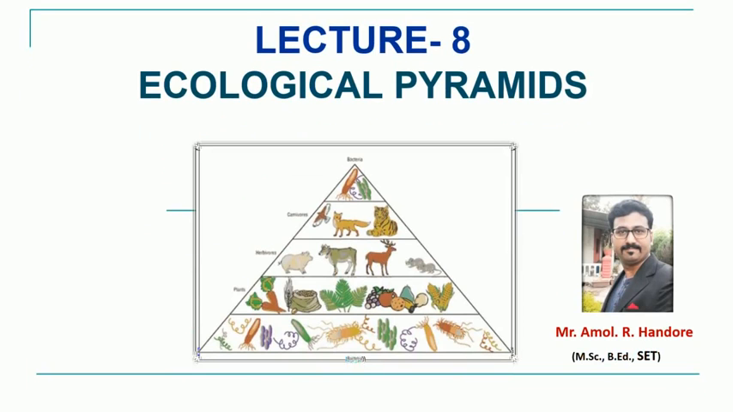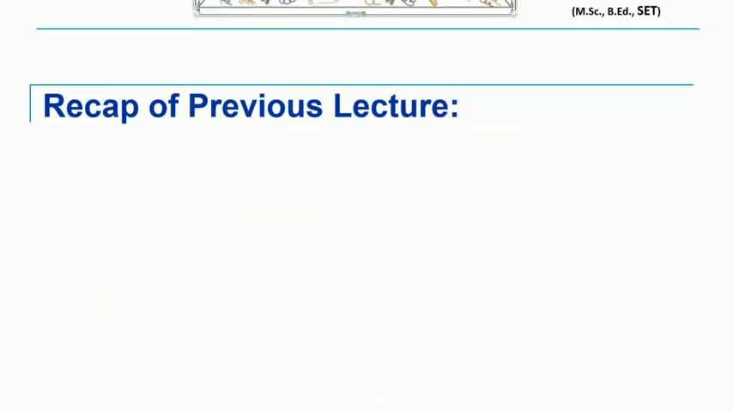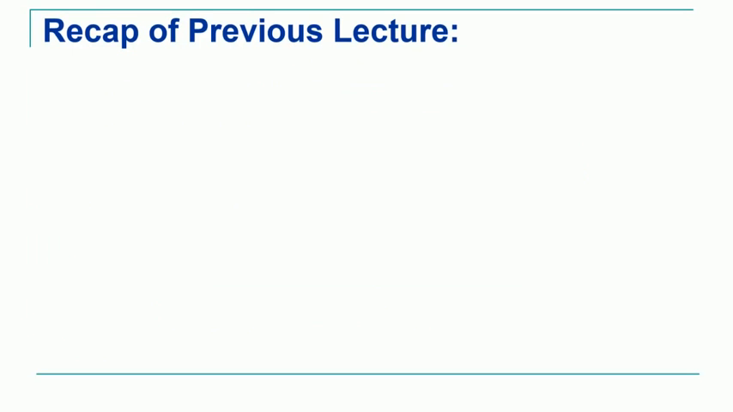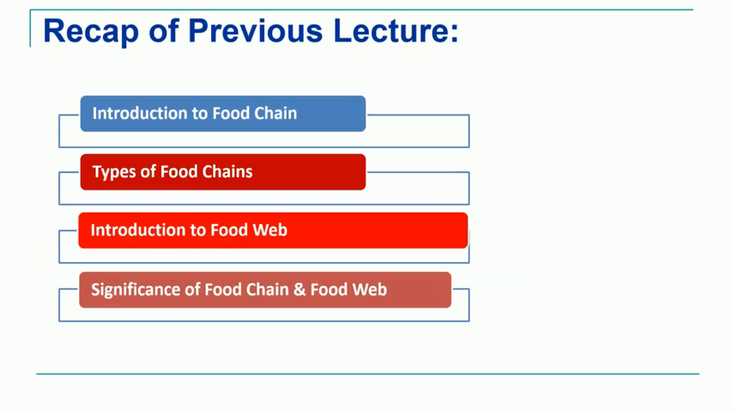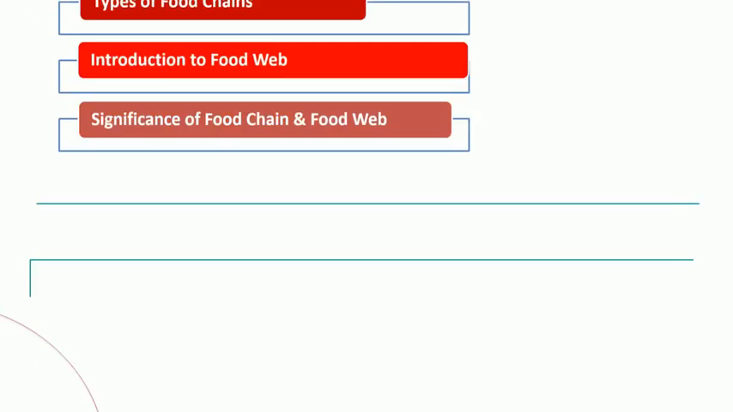In today's lecture, we are going to deal with ecological pyramids. In the previous lecture, we studied the food chain, different types of food chain like the grazing food chain and detritus food chain. Then we understood the concept of food web and studied the significance of food chain and food web in the ecosystem. The study objectives of today's lecture will be